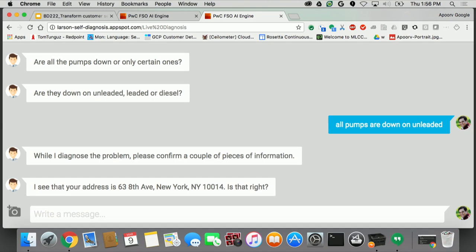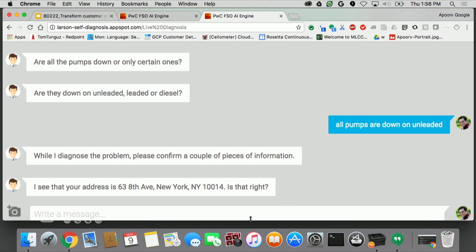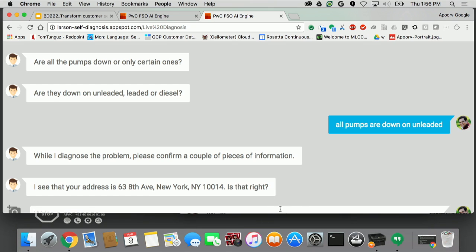So at first, it also has a Google Map API integrated with it, so it picks up the location, it picks up where Apurv is calling from. He's definitely not calling from New York, but that's a real gas station in New York. And once he confirms his